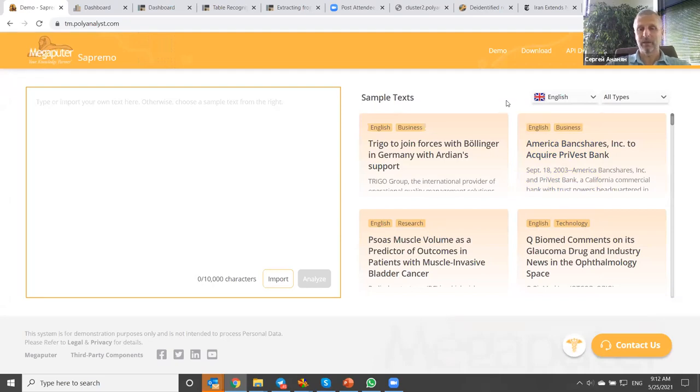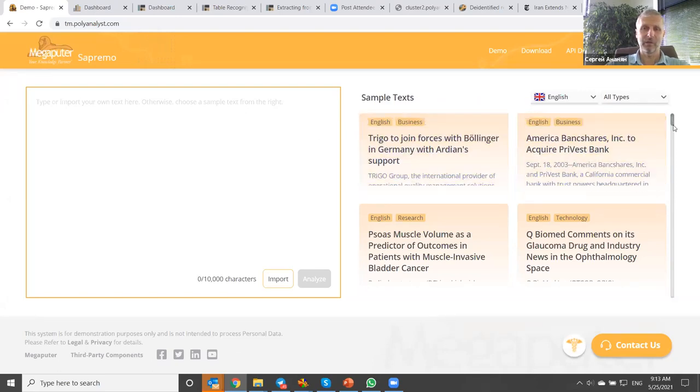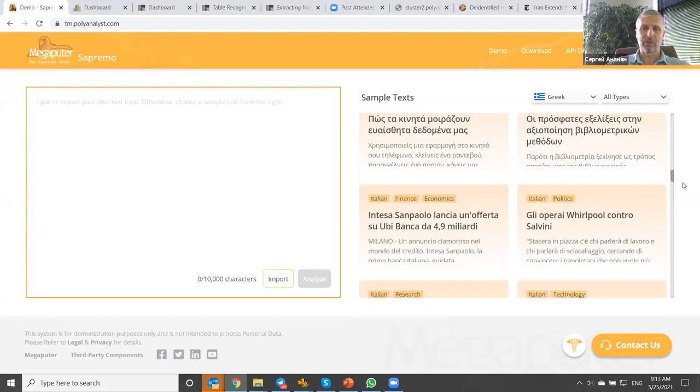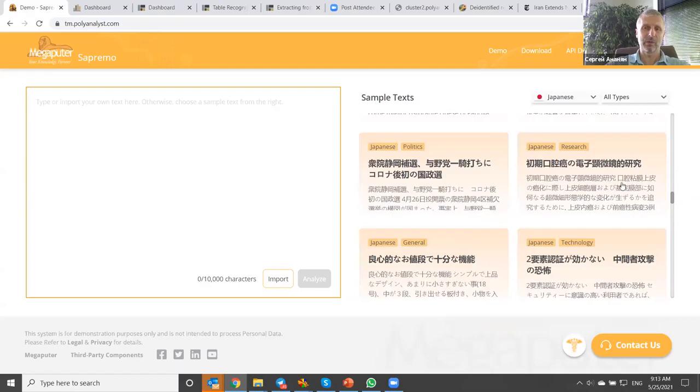So here you can see an illustration, and this system is based on a combination of rule-based approach and AI-based approach, and we'll get back to this. And what we can do, so you see there are some examples provided for different languages. So you can try these, or you can load your own data.